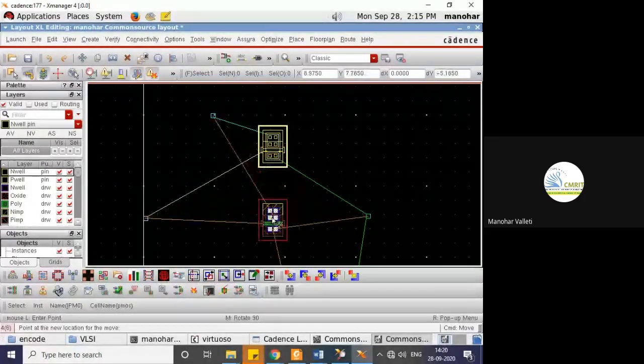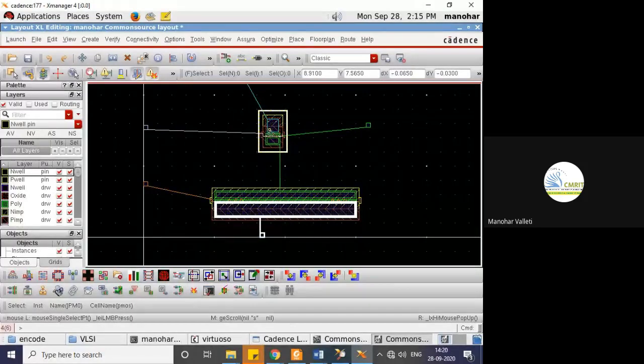I'm just slowly looking into reducing the area as much as possible.